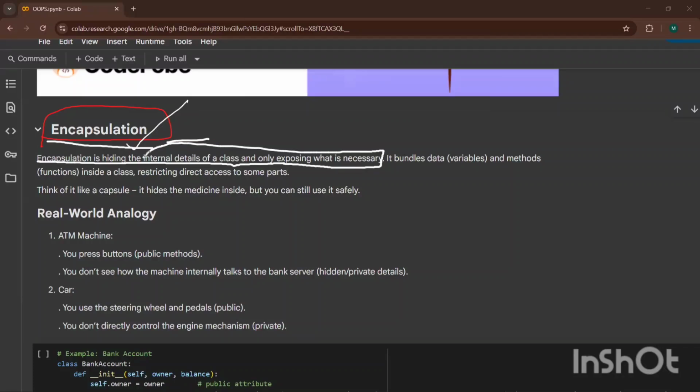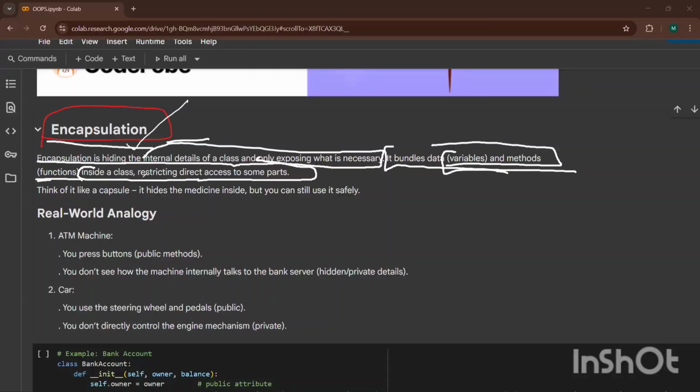It bundles the data, the variables, and the methods, the functions, inside a class, restricting the direct access to some parts.